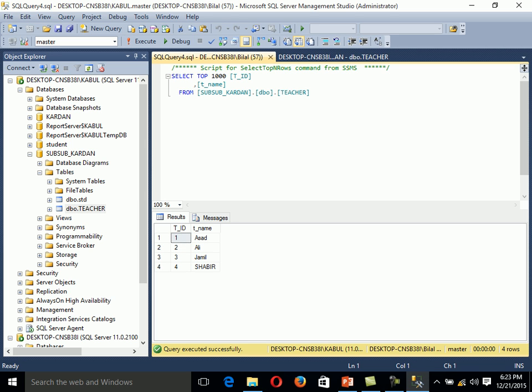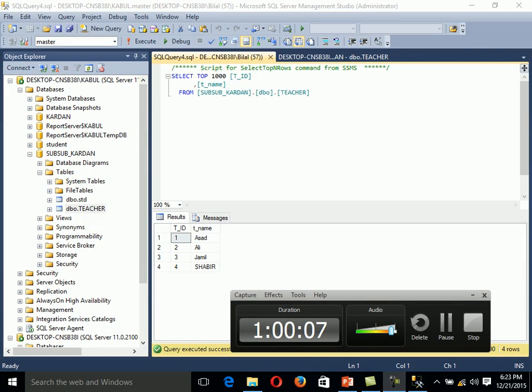And that is merge subscription, merge replication. Is it clear? Nothing is clear. Yes, sir. If we make the changes on the subscriber side, the changes will become in